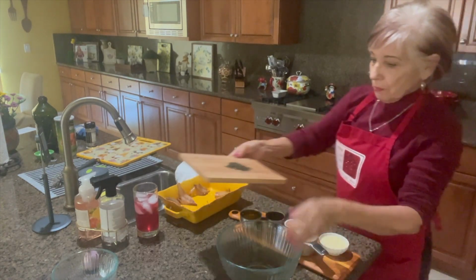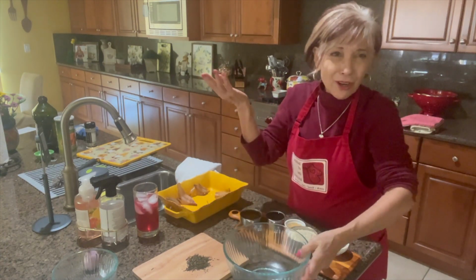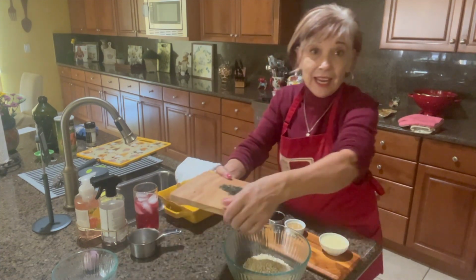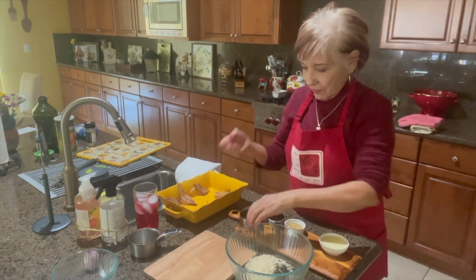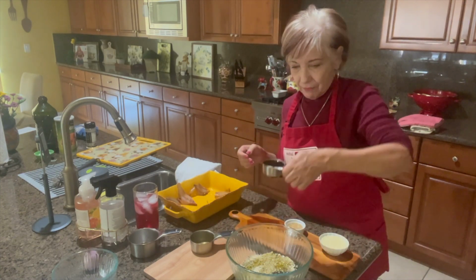And I'm going to put these ingredients in, and the fun thing about this kind of stuff is that there's no rhyme or reason. So I'm gonna start with the dry ingredient, which is the panko. I'm gonna then toss in my herbs. My hands have been cleaned already, so throwing that in. Then I'm gonna put in my olive oil. Then I have my balsamic